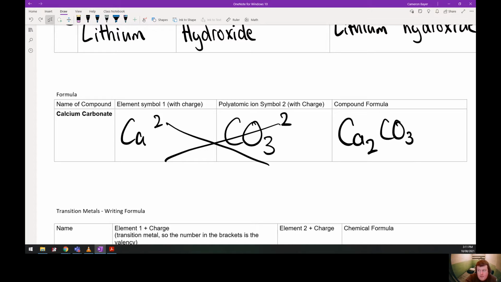But what we're going to do is we know that's not the case. So we always know if there's 2 on this side and 2 on this side, which it would have been with the carbonate group, we kind of just cancel those out. We don't really care about them, to be fair. So what I do is I will just write calcium carbonate, and now that is ticked off